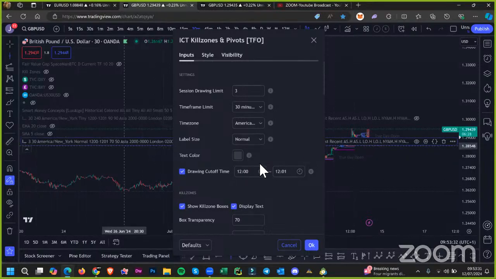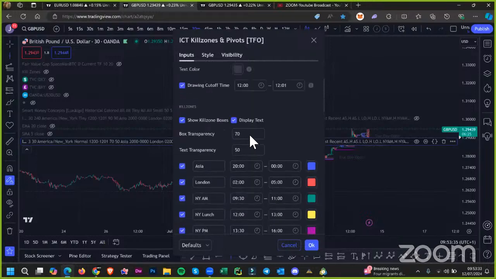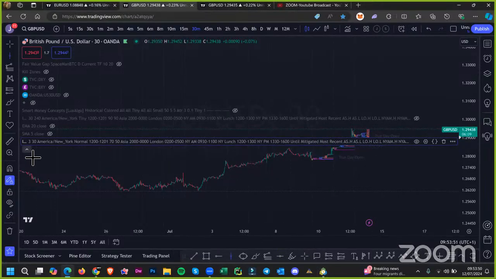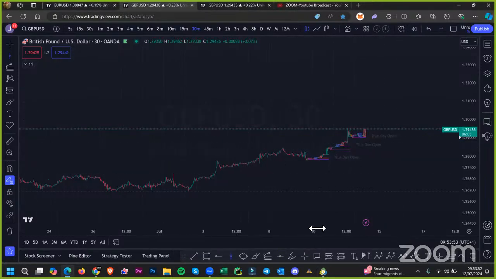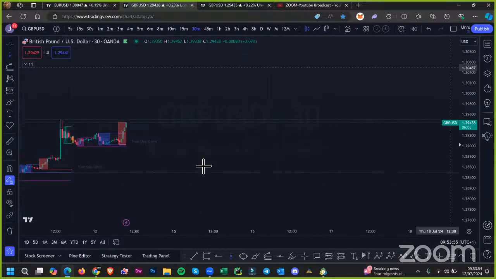It's down to you. You can change these colors as you wish, because remember, some people have black charts, some people have white charts. You want to copy my charts. I like the black charts because it's easy on my eye. And you can make this as you want it to be. Now, once you've done that, then you're in a position whereby you can look at this and start thinking to yourself, okay,